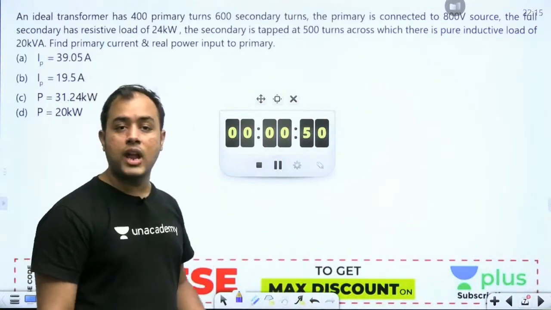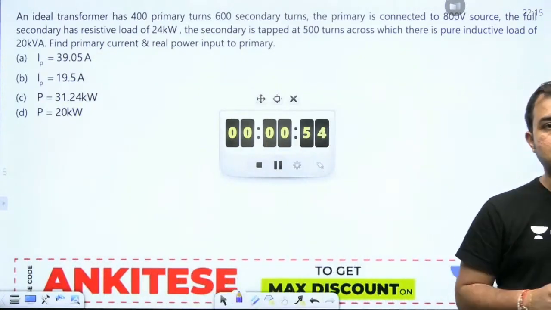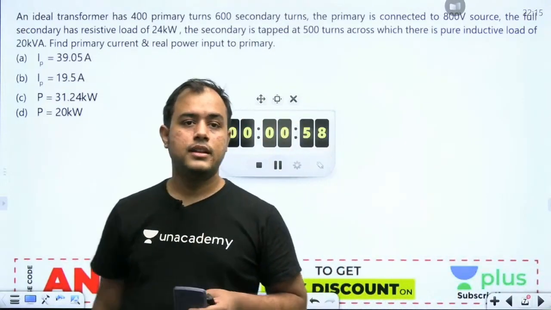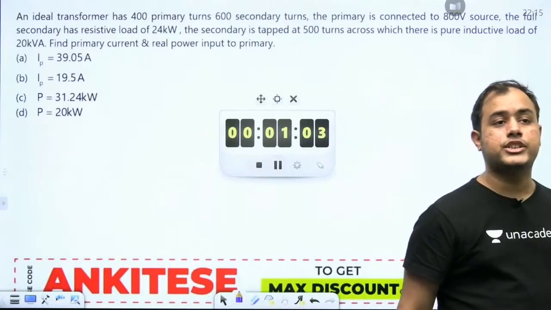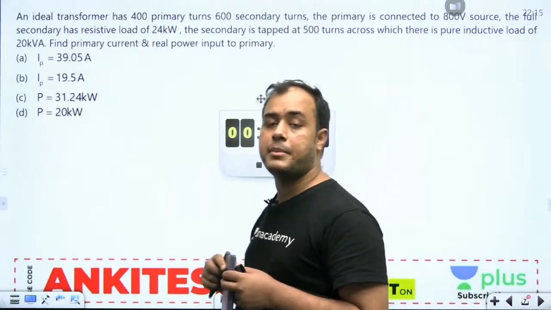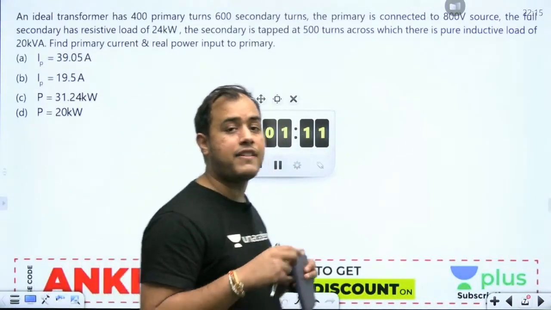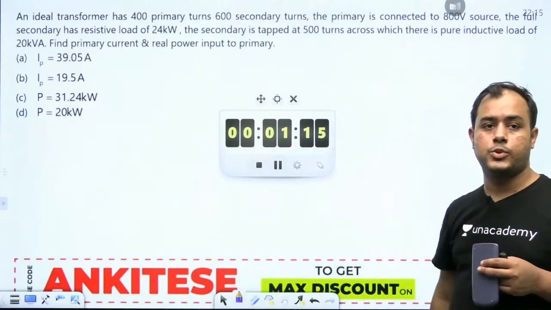Acha, tell me one thing, do you like this pattern where the timer is running? Do you like this? Neha, basically many of these questions I am translating to MSQs. I am making MSQs myself. I am taking some standard questions that I have and modifying them to convert them to MSQ.